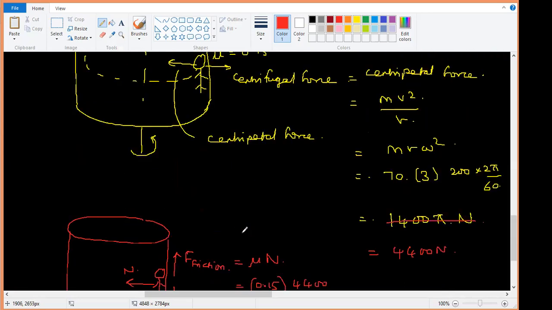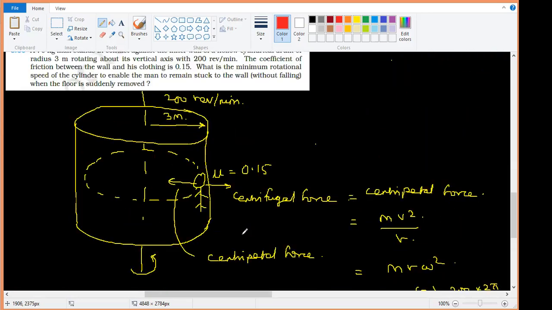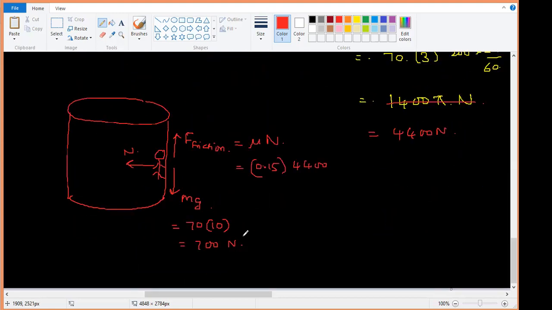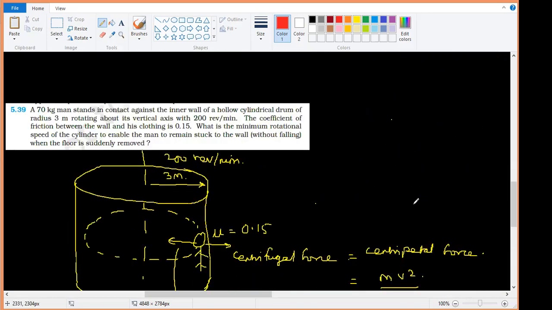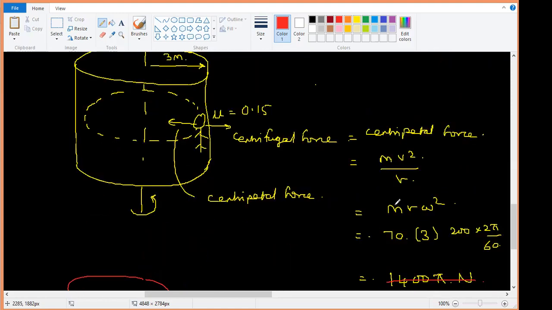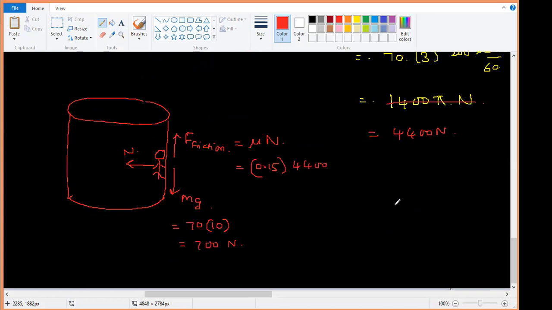So what is the mistake I'm doing? 200 vertical axis spinning. What is the minimum rotational speed of the cylinder? Sir, so that 686... what is 680? You multiply the weight with the gravitational constant. I thought you took it as 9.2. Okay, yeah, if you want an accurate number, you can do it. No problem. So anybody got the answer here? 44 into 15? 660, sir. 660. So that means